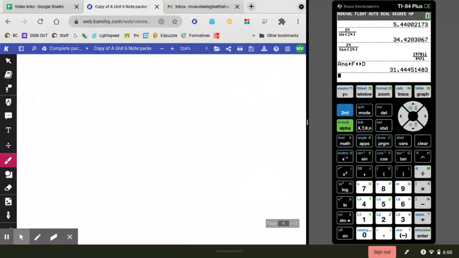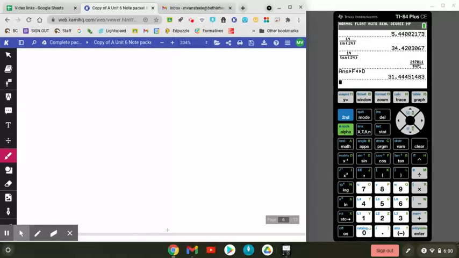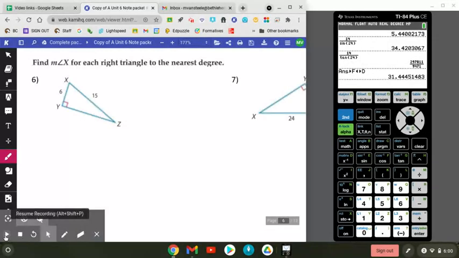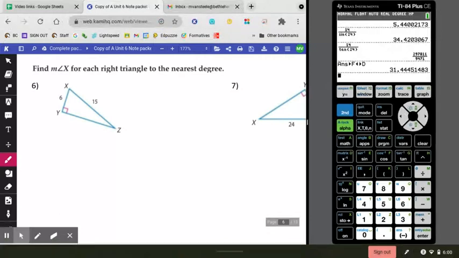So two more problems, I believe, where we're finding the angles. Okay, so here I'm finding angle x. So if this is x,